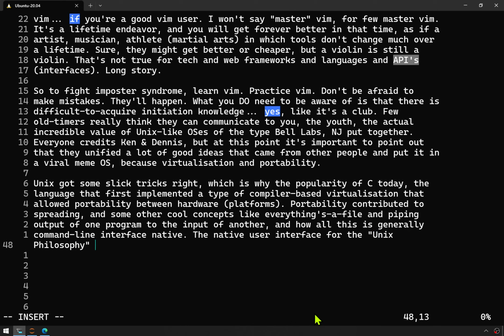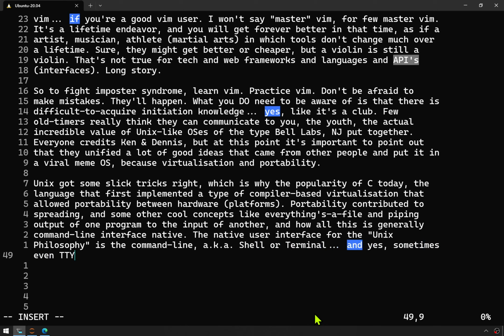The native user interface for the Unix philosophy is the command line, aka shell or terminal. And yes, sometimes even TTY for the teletype terminals of your